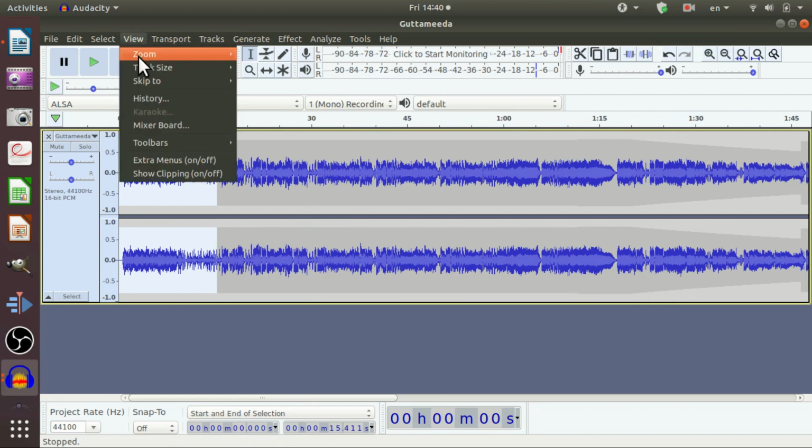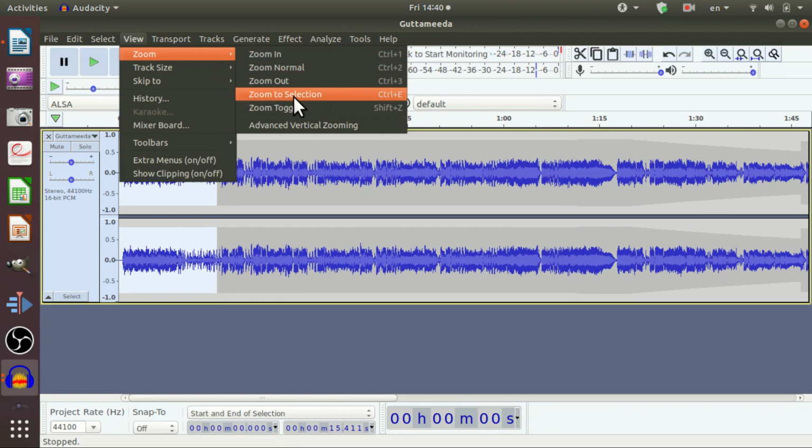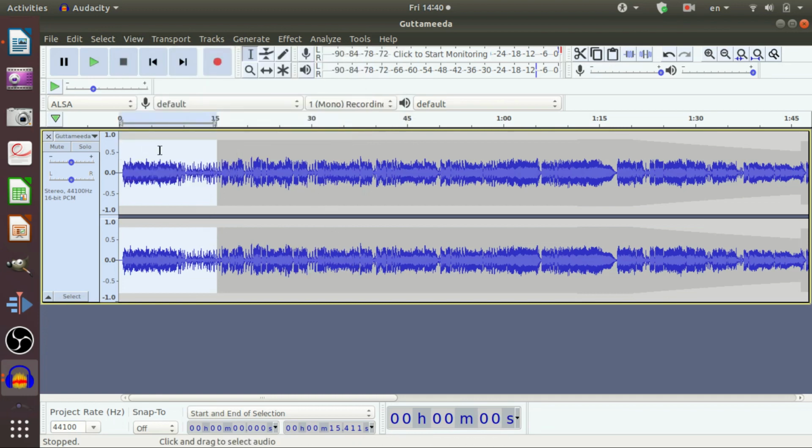Now I am going to use the fourth option in zoom, that is zoom to selection. Zoom to selection is Ctrl+E. If you have audio selected, as here the audio was selected, this zooms and scrolls so that the selection just fits in the window.